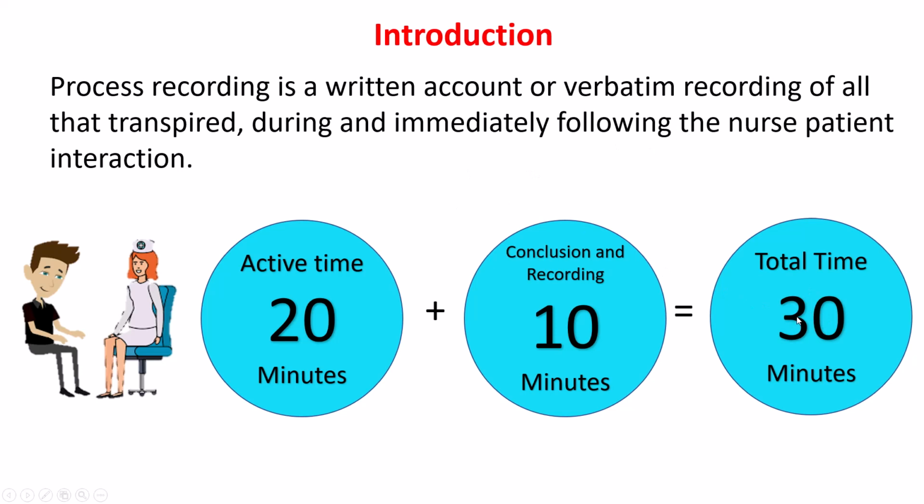So 30 minutes is the ideal time to complete the process recording, because if we go beyond 30 minutes, sometimes the patient is not able to give proper information due to increased irritation. They are already patients, especially psychiatric patients who are already mentally disturbed, so they are not able to concentrate for more than 30 minutes. That can lead to violence and will disturb the proper interview. This is the type of interview. So next is